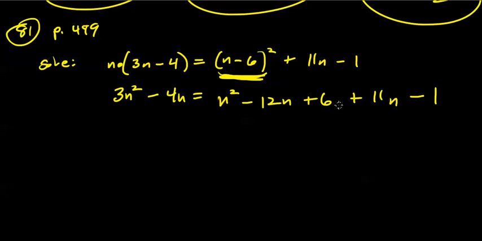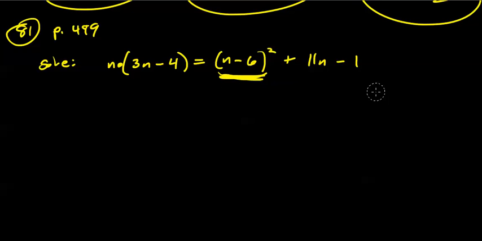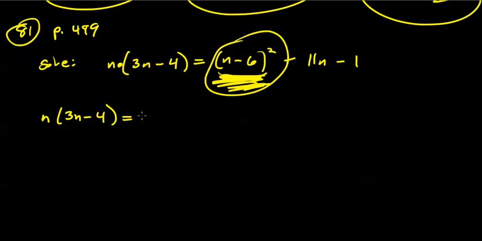Oops, made a mistake. Anybody catch it out there? I'll tell you what, since it's maybe a common mistake, since I already made it myself, let me go into a little more detail here. Beware of squaring this binomial. It often gives problems, so maybe it's good that that happened. Let me try it again. To make things ultra clear, let me rewrite this. n minus 6 squared is indeed n minus 6 times itself. No, it's not n squared minus 6 squared. And then it should be plus 11n